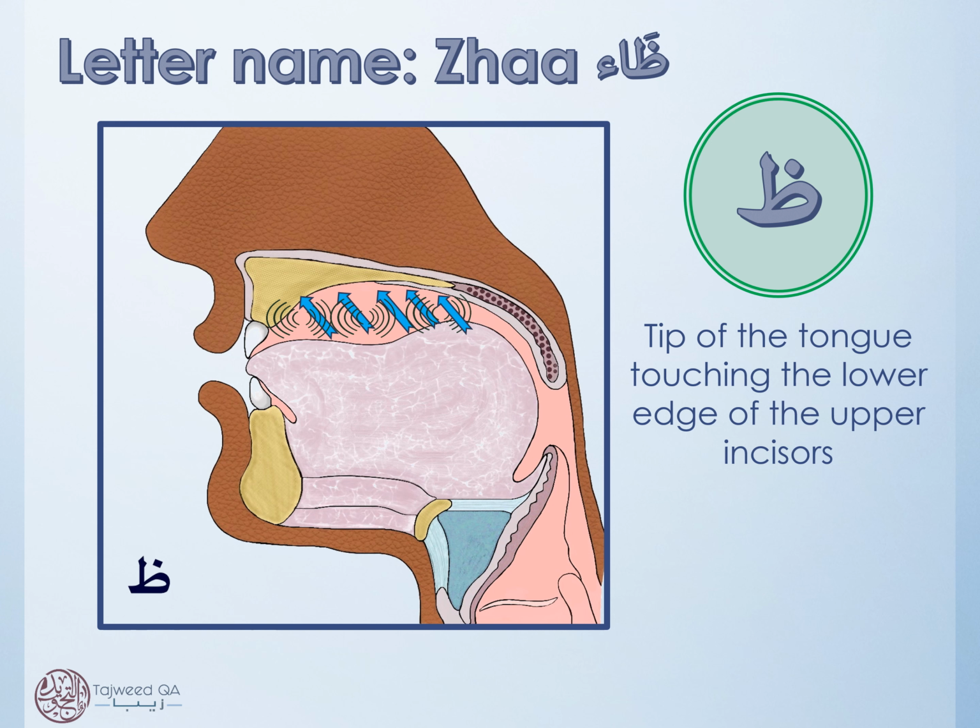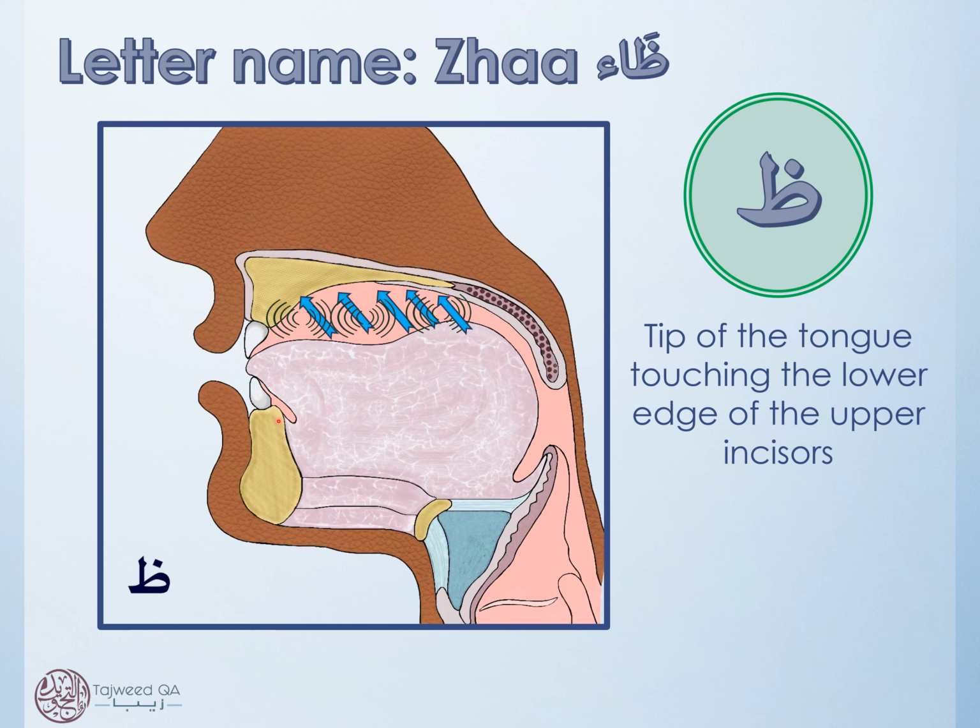So the letter name of this letter is Dha, and the phonetic sound is also Dha. And the letter Dha shares its articulation points with the Dhal and Tha, which we've had previously. So three letters have the same articulation point: Dhal, Tha, and Dha. The difference being that the Dhal and the Tha were thin letters and lowered letters, where the sound is lowered, and the Dha is a thick letter and an elevated letter, where the sound is elevated.